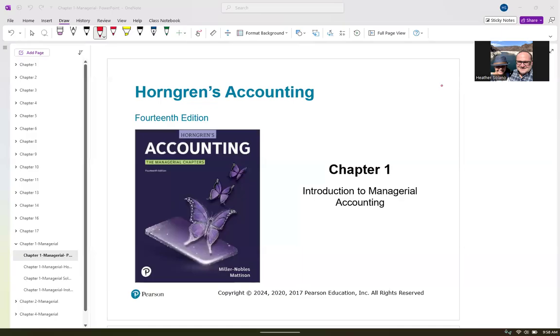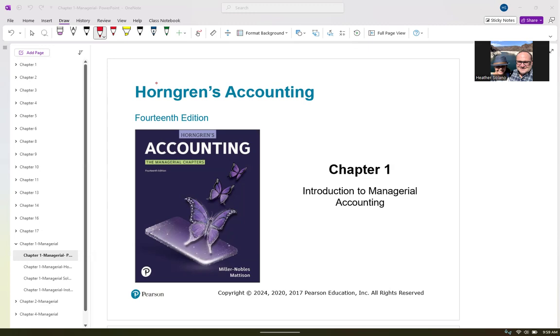All right, so we are on chapter one. That may seem just a little bit confusing because we just left off on chapter 16. Okay, next four chapters, the last four chapters of Principles of Accounting 2, we will be doing chapters 1, 2, 4, and 5. These are all managerial, so they're a little bit different. So don't get confused thinking, oh, Miss Solano's starting over with chapter 1 from Principles 1. I am not. I'm starting with chapter 1 of the managerial textbook.